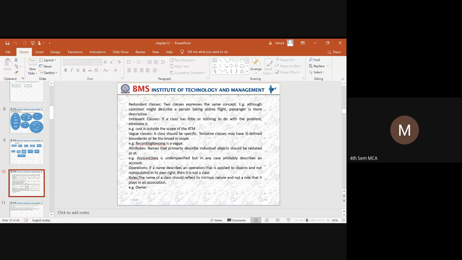Next is the attributes. So the account data, all these things will not become the name of a class. Next thing is operations. Whatever the operations or the roles that we are going to have, you cannot take them as a name of a class. Say for example, if you have an item and you are the owner of that item, you cannot take owner as a name of a class. So there you need to have concentration on how you are trying to list out all the classes.